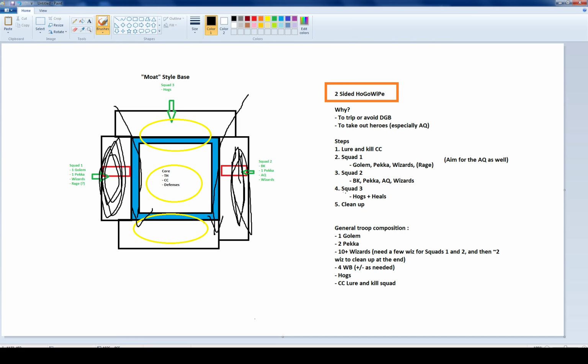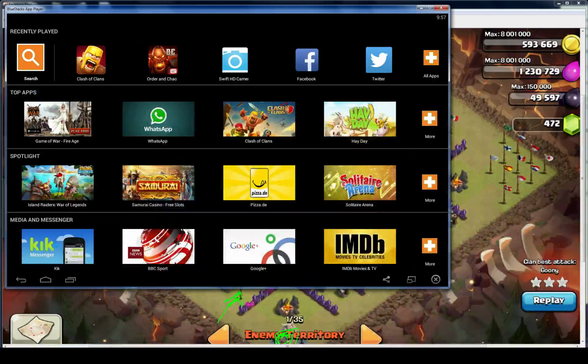Last but not least, you're going to have your cleanup squad, which will be just a couple wizards. You want to drop them kind of like behind where the hogs are going to be, because there's no defenses left to protect those trash buildings, and you need to clean those up in order to secure the 3-star. So you can pause it here, read through this if you want, but I'm going to move on to the